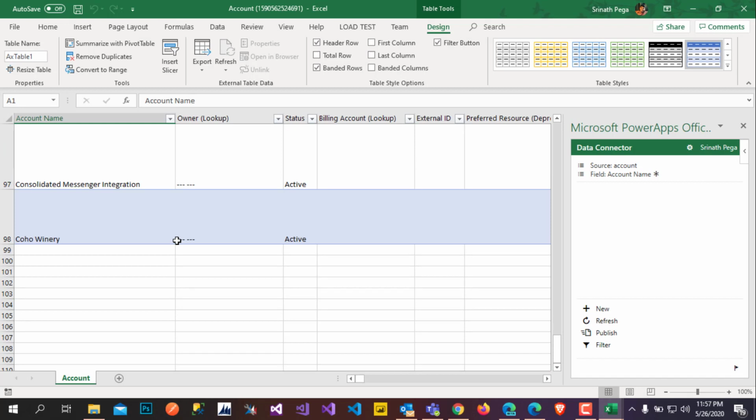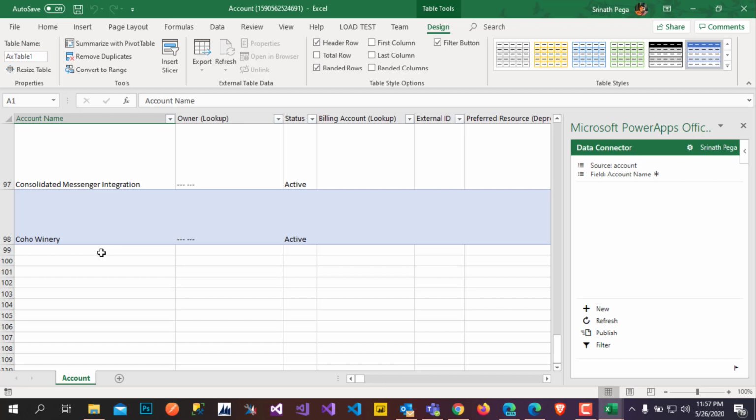So how does it work? This spreadsheet is connected to your Dynamics 365, and this spreadsheet is for the account entity. When you do any operation or modification in this spreadsheet, it means you are doing it on your Dynamics 365 account entity records.